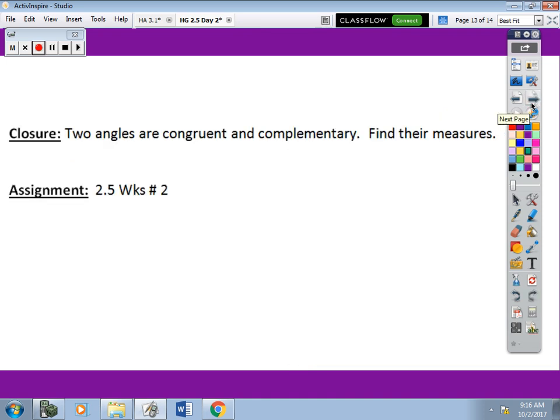If angles are congruent and complementary, what would each angle have to be? 45 degrees. Good, 45. 90 divided by 2 tells me each of them would be 45. All right, you guys have some time to work on your